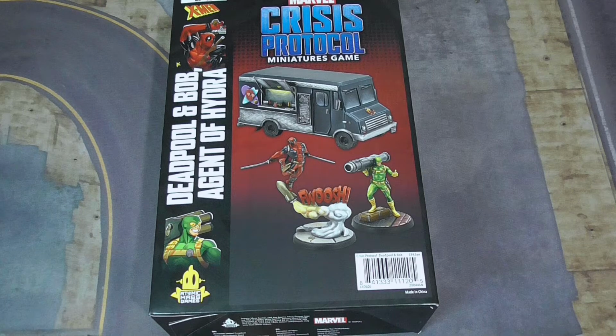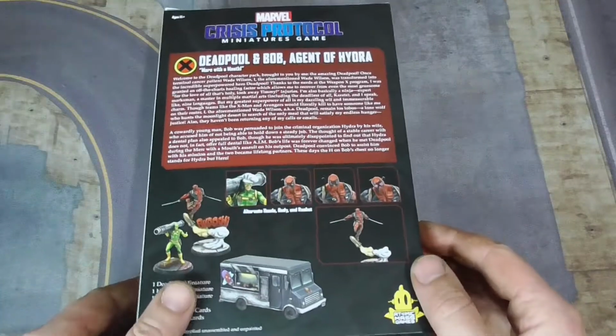I personally was after a 2 power level model, and I was thinking, who should I buy? Maybe Rocket Raccoon. Maybe I should go with Toad, something like that. But no, I went with Bob. And I thought, everybody loves Deadpool anyway, so I will buy it because Deadpool's cool and you do get a nice piece of terrain. So, what I also really like about this box is...